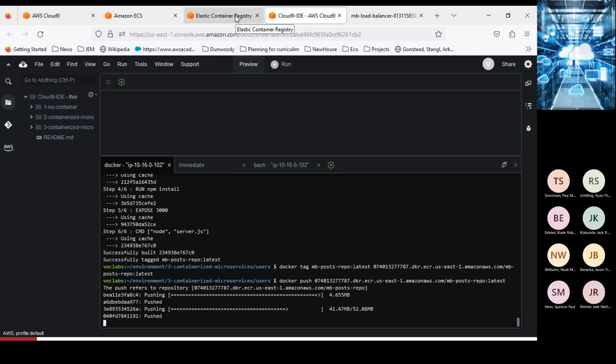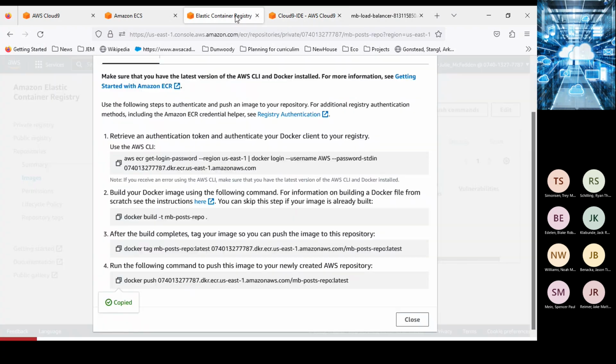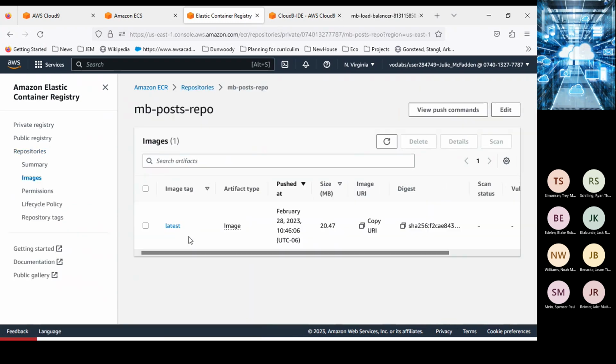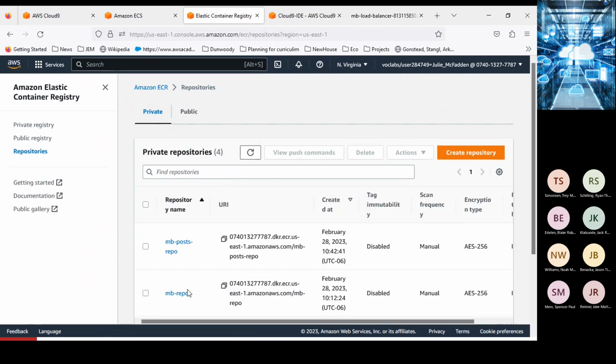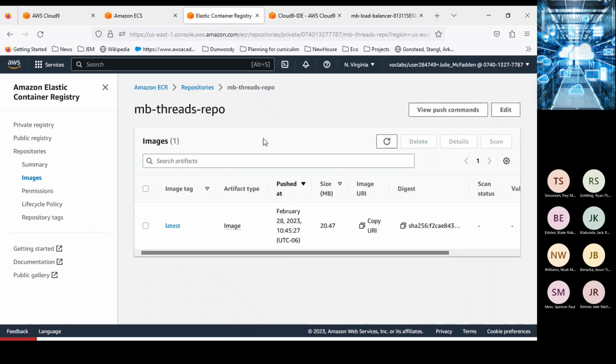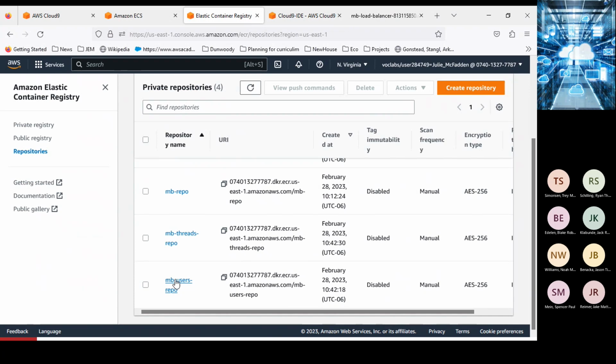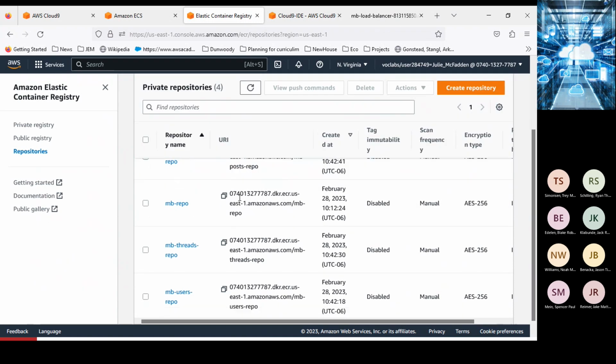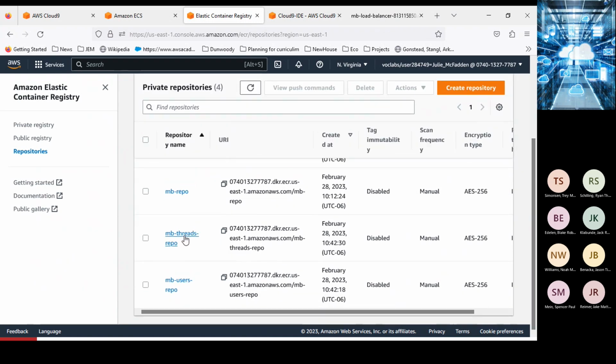And then how to verify that everything actually worked properly. When we go back and look at our repositories, if we open each repository, we should see a latest showing up. Okay, so our three repositories we created, we have the post repo, threads repo, and users repo. All three of those have been provisioned. All three of those now have their file structures moved over from our Cloud9 environment. So that brought us all the way down to